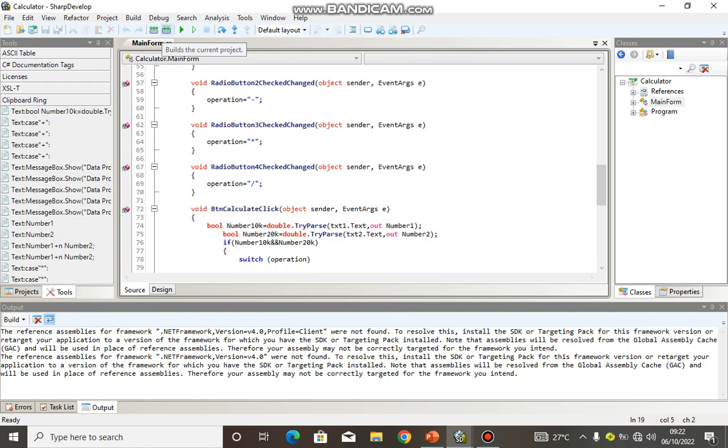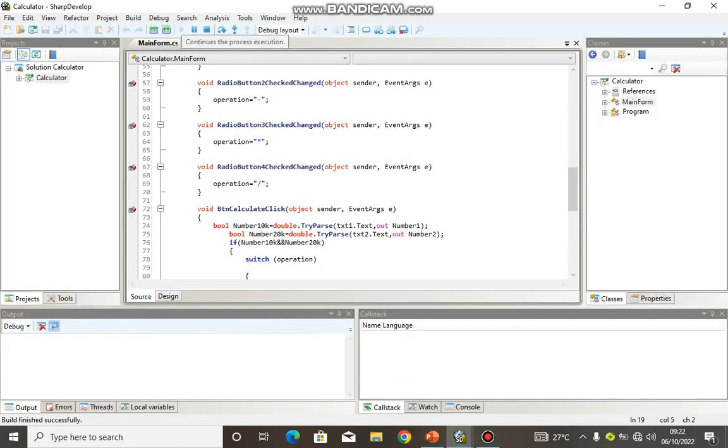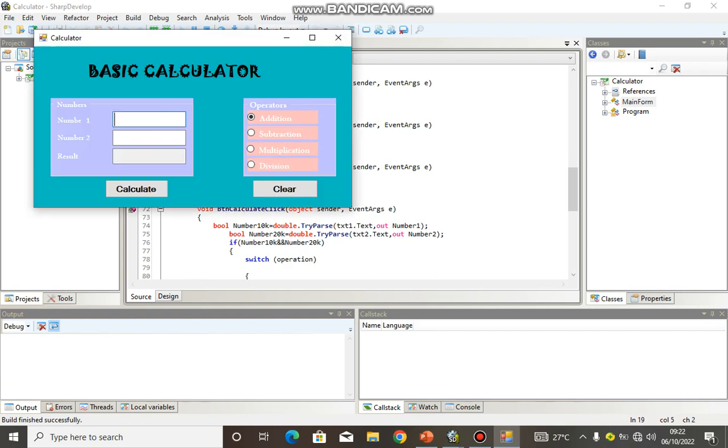So when I run like this, if I put like 45, 50 and calculate for addition, it will give me 95. Come here to subtraction, I subtract, it will give me -5. Multiplication, it will give me